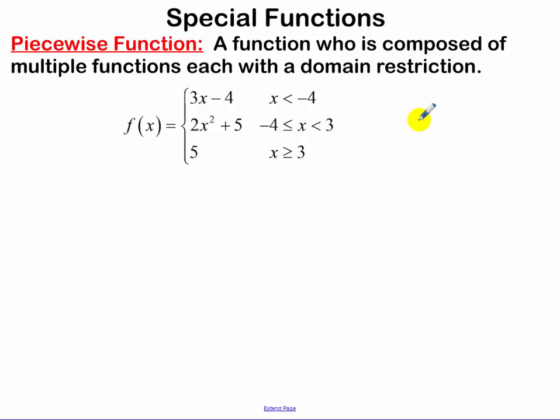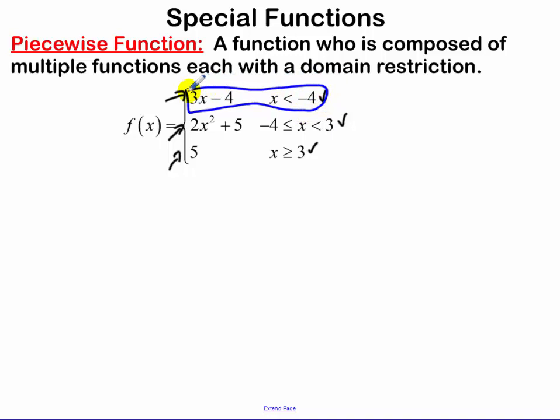So a piecewise function is a function composed of multiple functions. So we have basically three equations that'll make up our one function, but they have domain restrictions. What that means is we're going to graph this top function